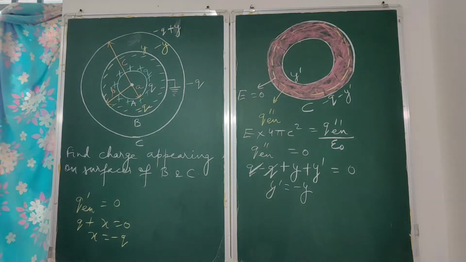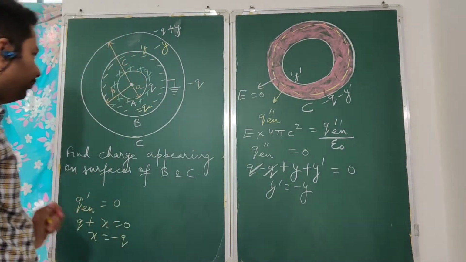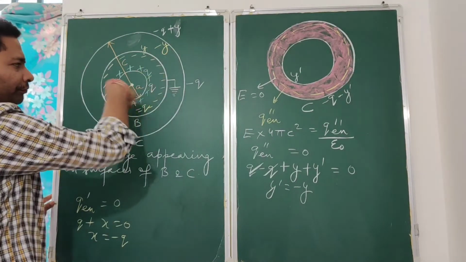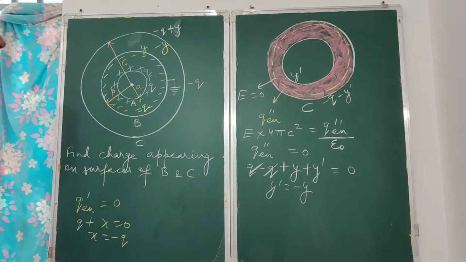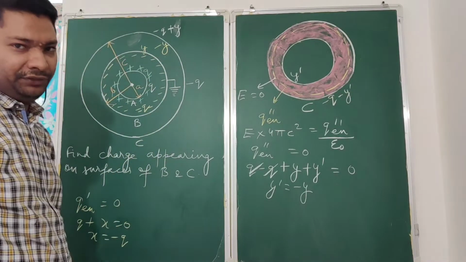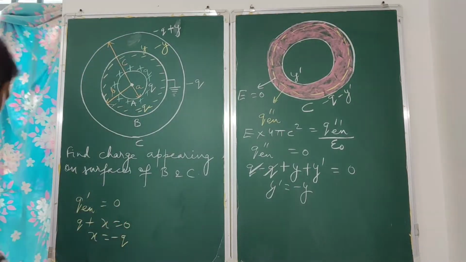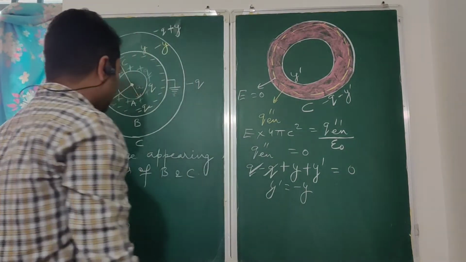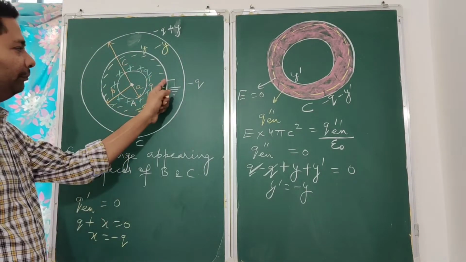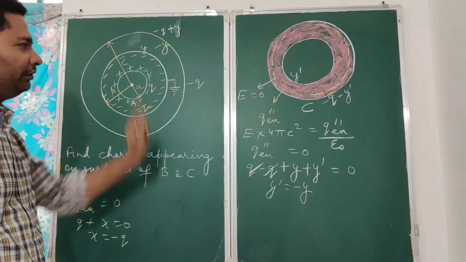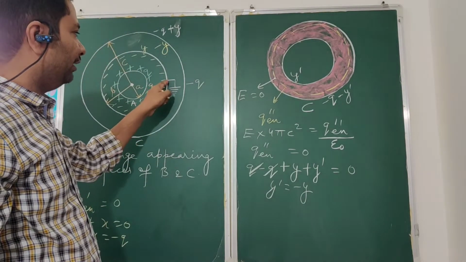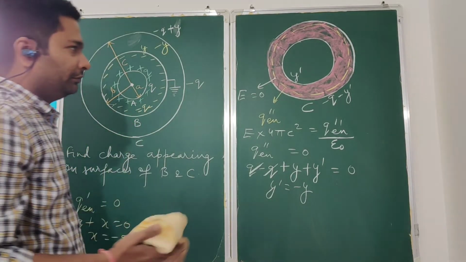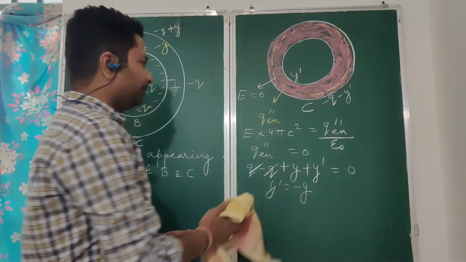So now, by making use of Gauss law, we have completed the charge distribution on the inner and outer surface of all the three spheres. And what is our unknown? Our unknown is y. We need to find out the value of y. So let us try to do that. In order to do that, the other information which we are having in the question is that the middle one is earthed, means its potential is 0. So we will try to find out the potential at the surface of sphere B and we will put it equal to 0. So that will be our next step. So let us do that.